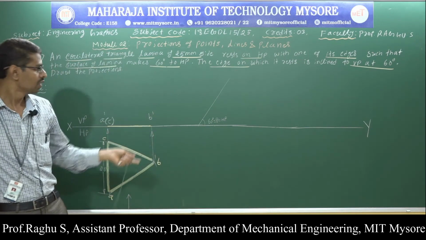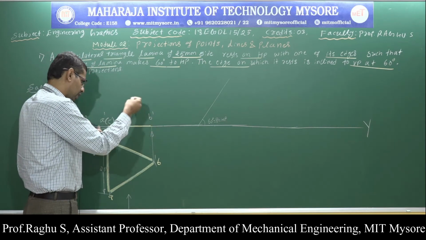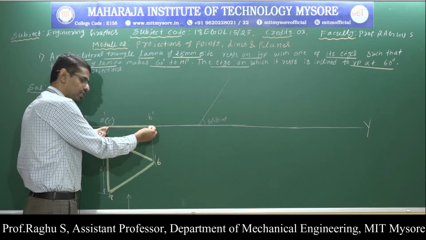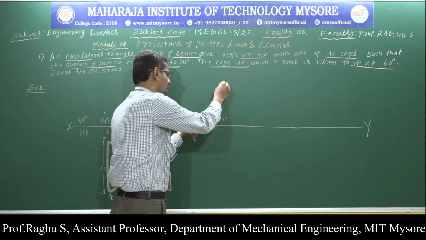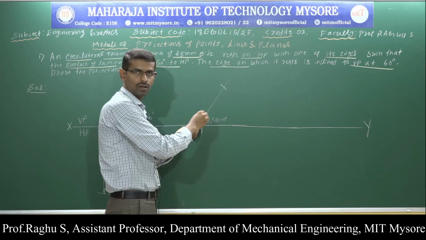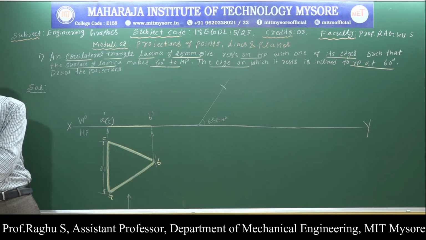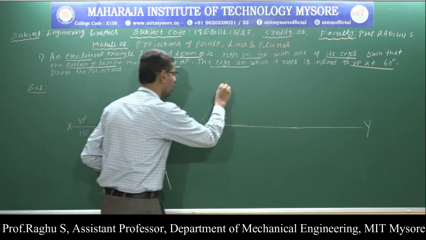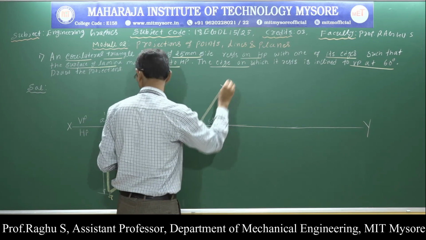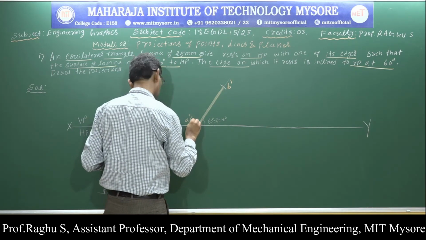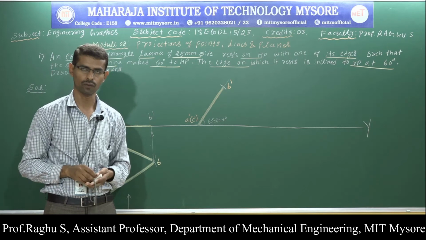Now take a 60 degree angle, just draw a very thin line. Next, measure this dimension, the front view length, using the compass. Next, cut an arc. Now make it dark, since it is also a view, front view. Now this is point B dash, and here we have point A dash and point C dash. I have completed this second position, front view.